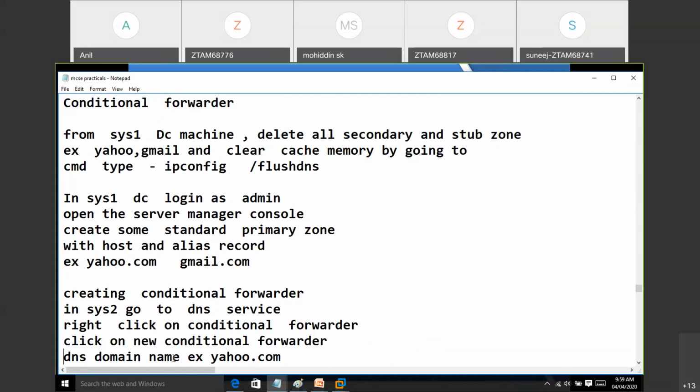So now for the system one DC machine, delete all the secondary and stub zones for this practical, like Yahoo, Gmail, and clear the cache memory. How do you clear the cache memory? Go to the command prompt and type ipconfig /flushdns. So this is the command used to flush the cache memory. Then in system 2,